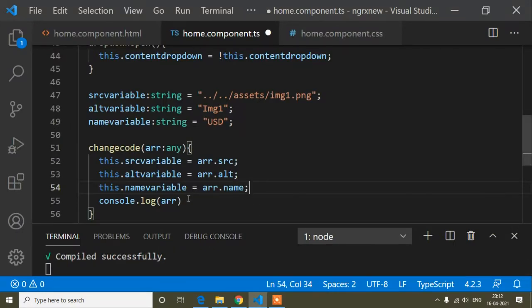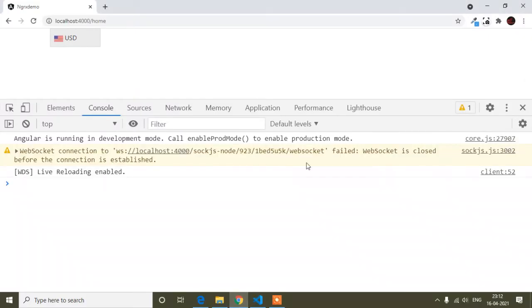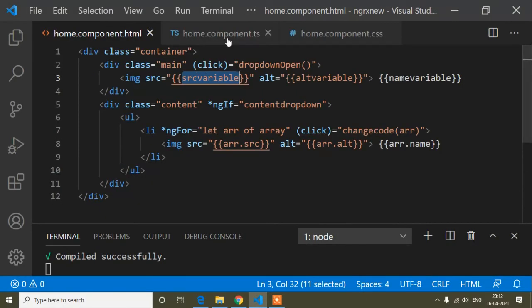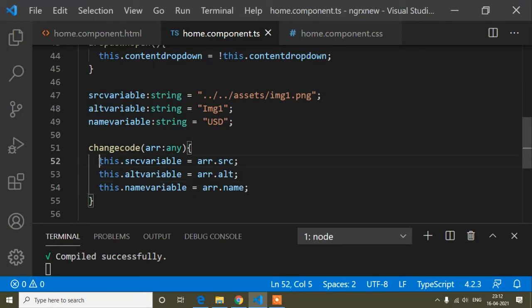So now you can see, I will save here and close. So you can see when I will click, it's changed. When I'm clicking AUD, you can see the change here, because here I have assigned the variable, and inside this variable I am storing which object I'm getting here.